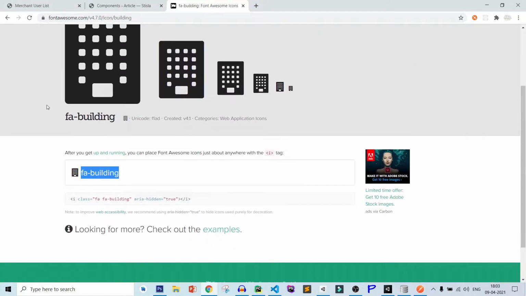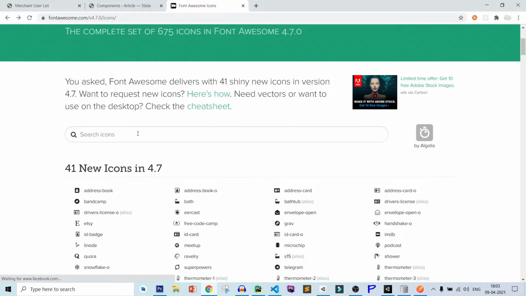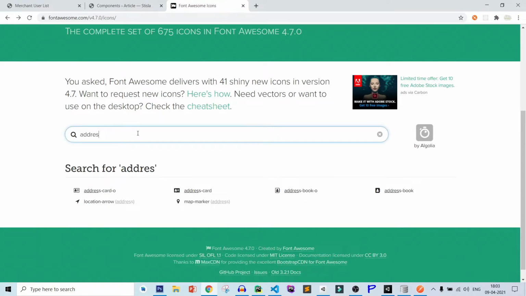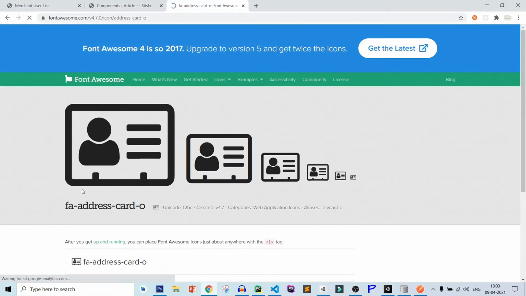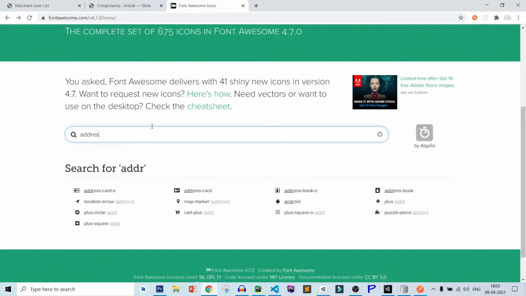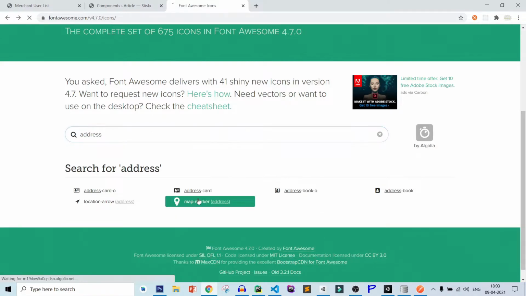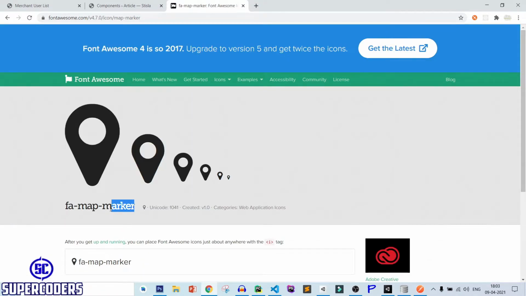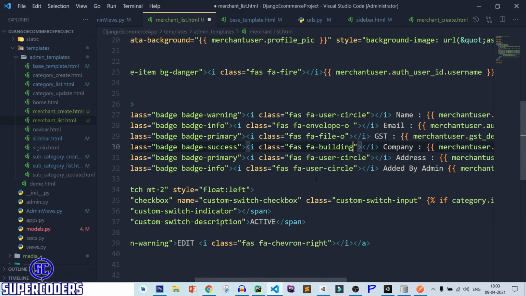So let's see address. So copy this address here, or let's use this marker. So address using marker, copy it, paste it here.